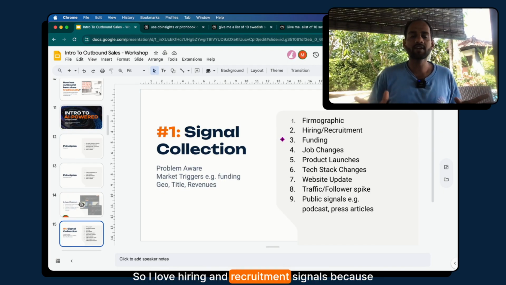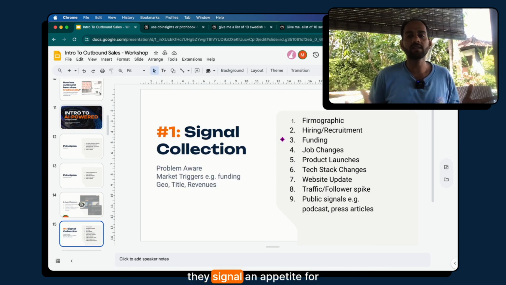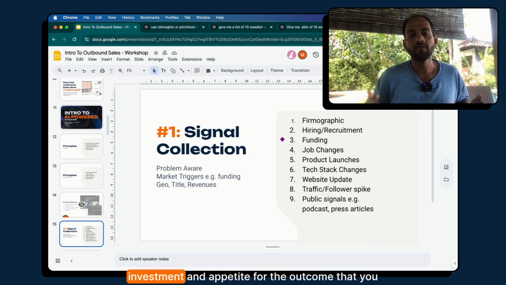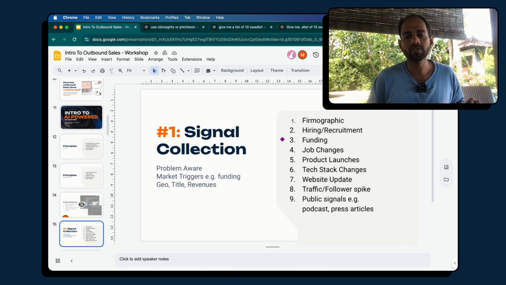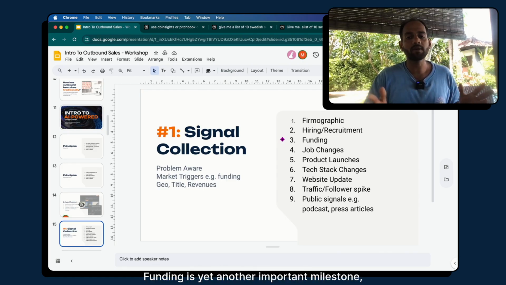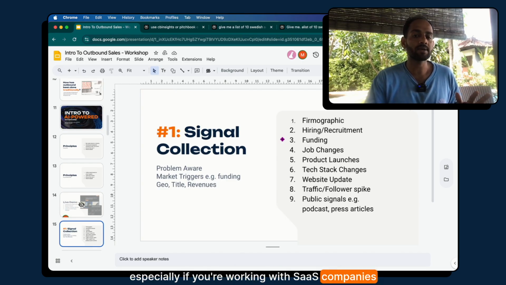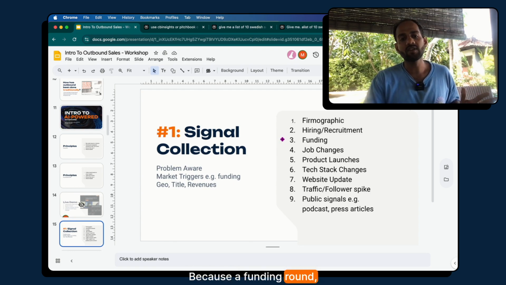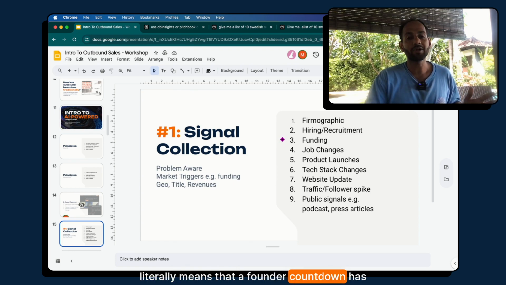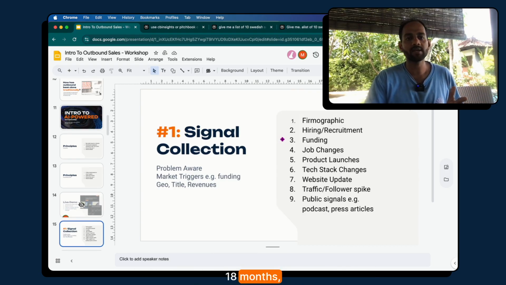So I love hiring and recruitment signals because they signal an appetite for investment, an appetite for the outcome that you can produce, right? Funding is yet another important milestone, especially if you're working with SaaS companies or tech companies, because a funding round literally means that a founder's countdown has started to show results, especially if you're in the early stage, pre-series B stage, because you really have to show results in 12 to 18 months to keep growing